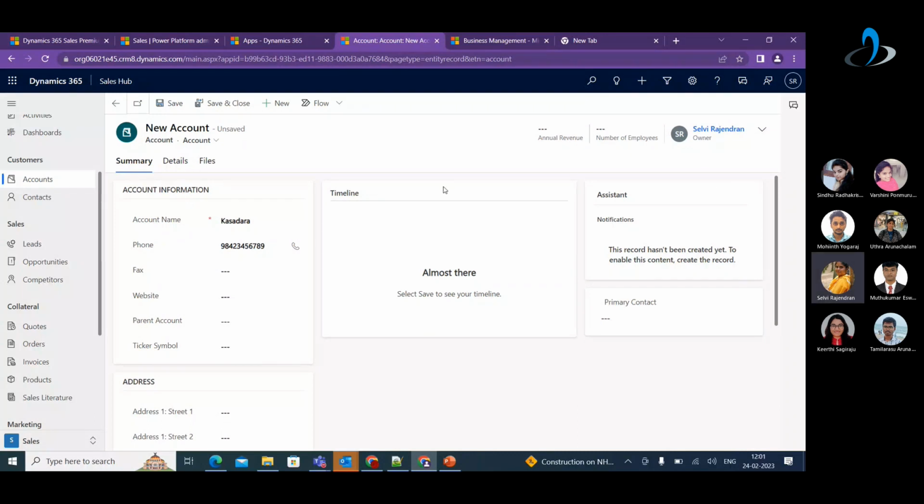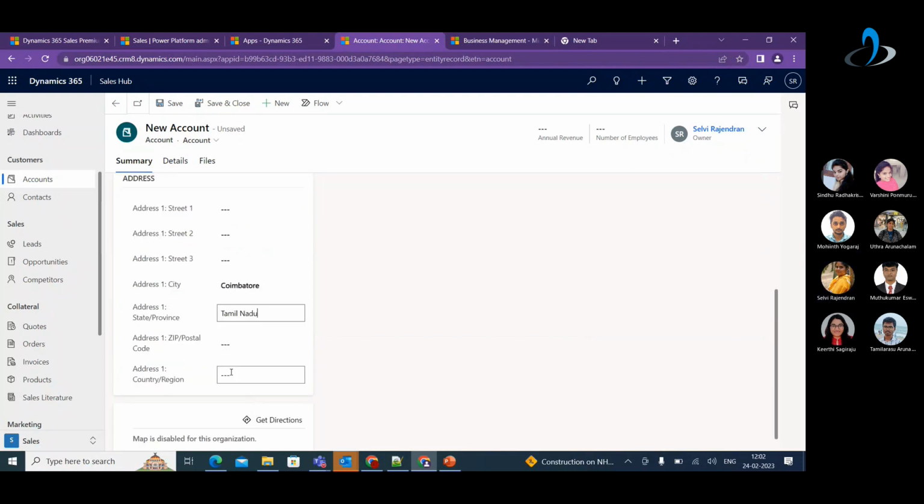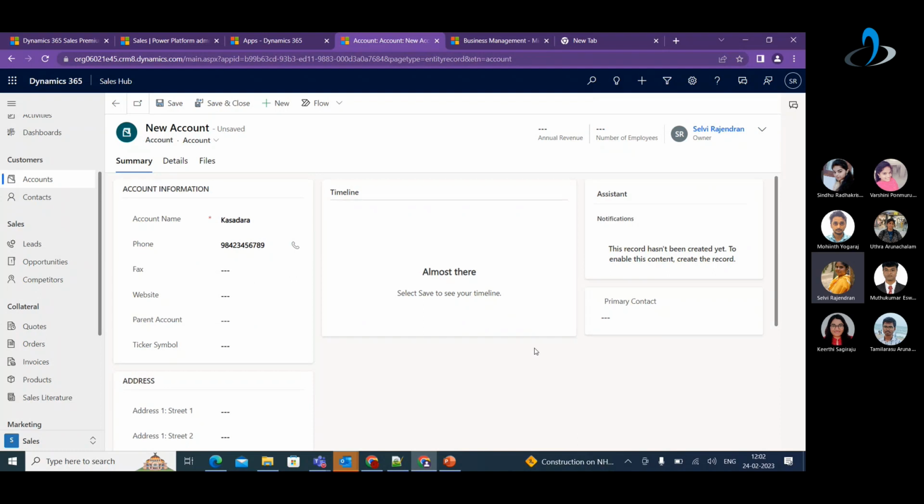Then summary is a tab, so you can relate it with some forms. Here the account information is a section, and summary details is a tab in your form. So once I save it,